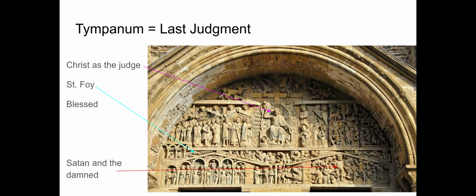where Christ is sitting on a throne or standing there on a throne or near a throne, and he is judging you, judging the pilgrims. And if you are judged favorably, you go to heaven and are blessed. If you are not judged favorably, you go down to hell. So his right hand is pointed upward, and so that's pointing to the blessed and to heaven. His left hand is angled down, and that is a suggestion of hell and really kind of directs your eye